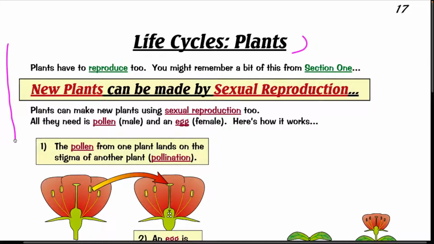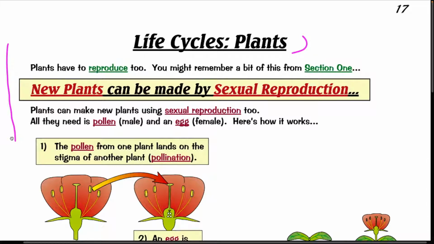Yeah, I mean, we have studied that before, right? Nós estudamos isso antes. So, new plants can be made by sexual reproduction, ou seja, novas plantas são feitas através da reprodução sexual, ok? Então, how can I say? Isso, os seres vivos em geral, né? Normalmente eles têm alguns modos e aqui no caso das plantas a gente vê que é esse, né?